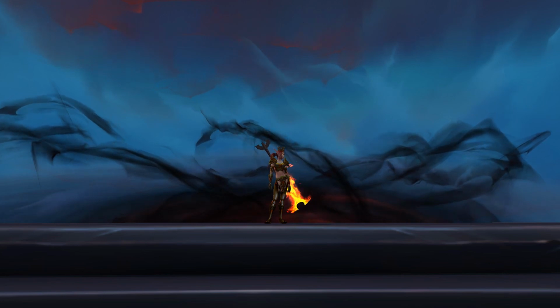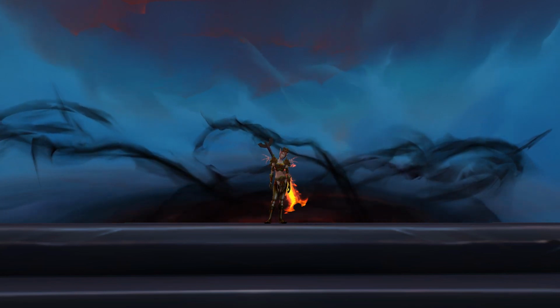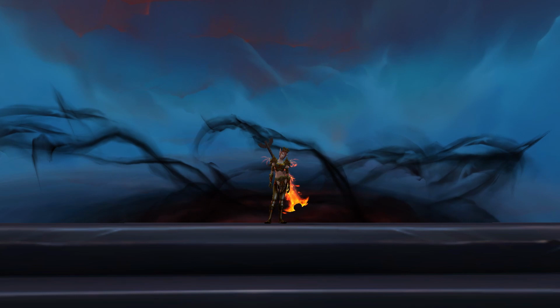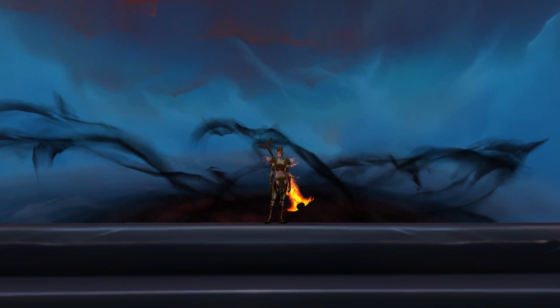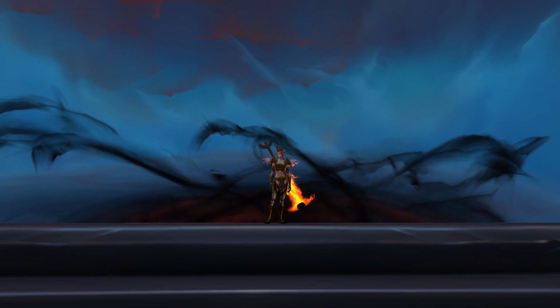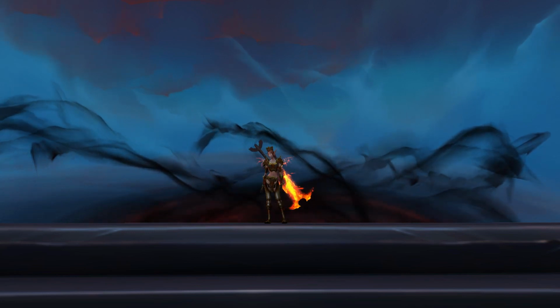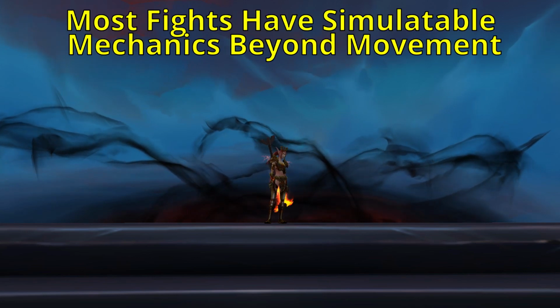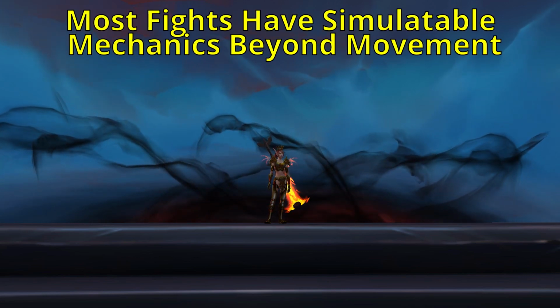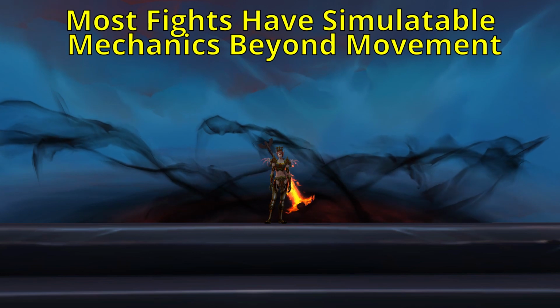Now let's talk about things that I need to do before this tool is going to be ready for the public. In Castle Nathria, there is literally only one fight that is a single target fight, and it also doesn't do goofy things that would require being accounted for in a simulation that is anywhere near accurate. And that fight is Artificer Xy'mox. Every single other fight, there is something that should be accounted for in the modeling beyond simply the boss's movement